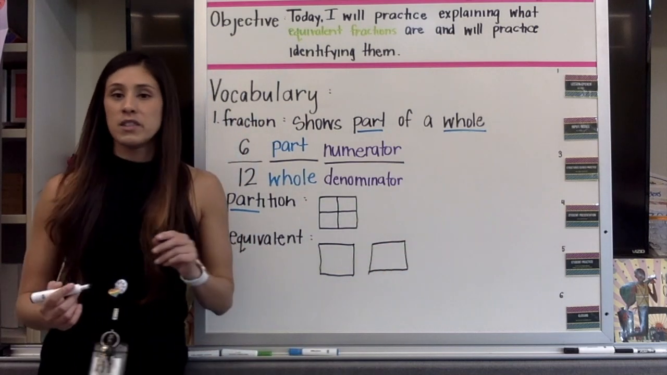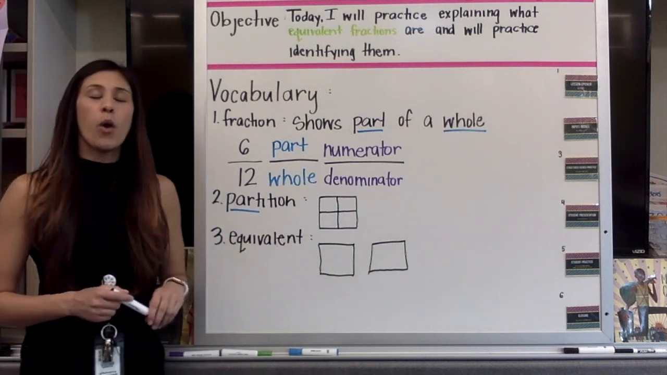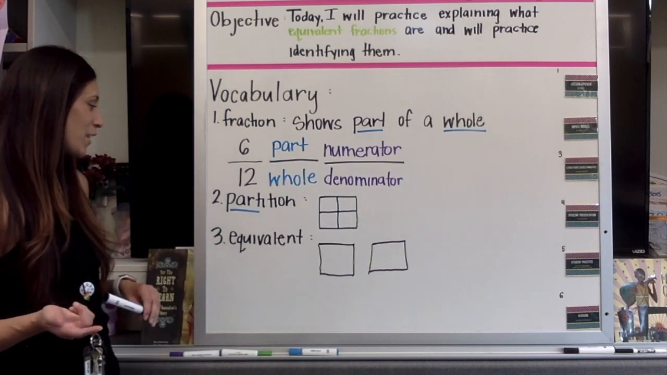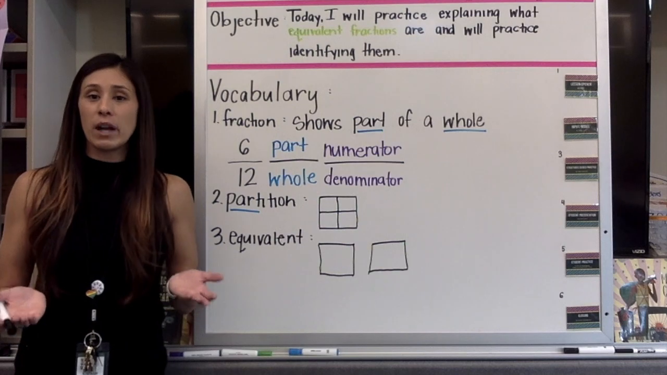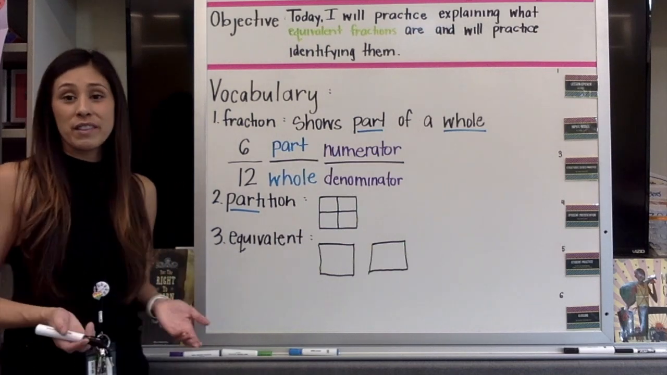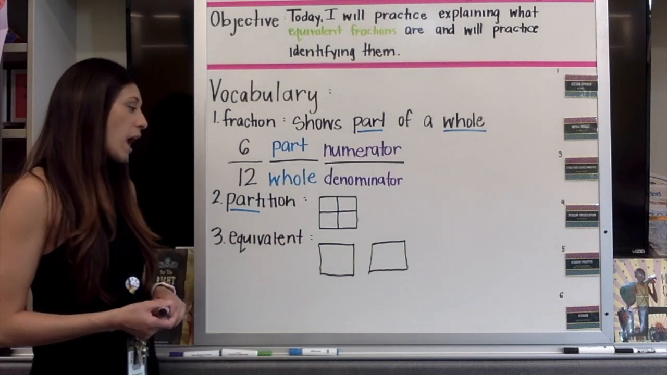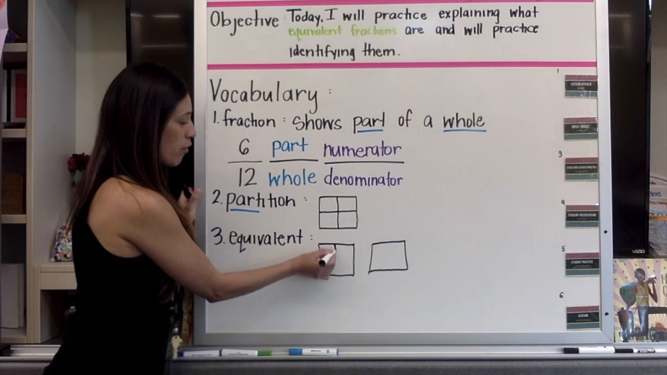Okay. So did anybody think from yesterday, remember, what does the word equivalent mean? Okay, if you don't, I'll tell you. Equivalent just means that some things are equal. They're equal to each other. They're the same. So I have 2 squares here,